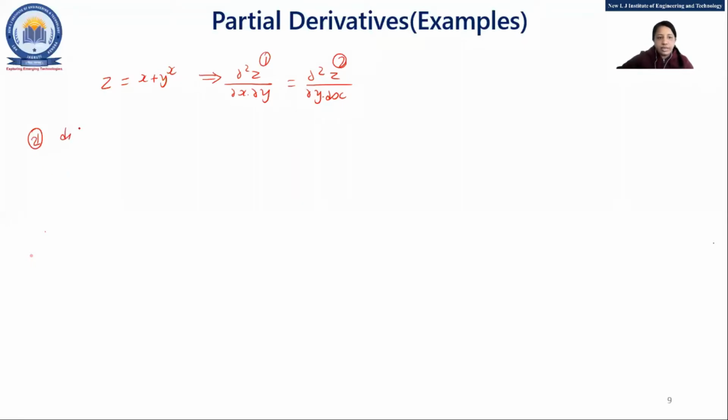So differentiate z partially with respect to x. What is the answer for that? Del z by del x equals this with respect to x. So this is x, right? With respect to that x, 1 plus y raised to x. Consider y, another variable, as a constant. So a raised to x, it's similar to that, right? What is the differentiation of a raised to x? Any one student?